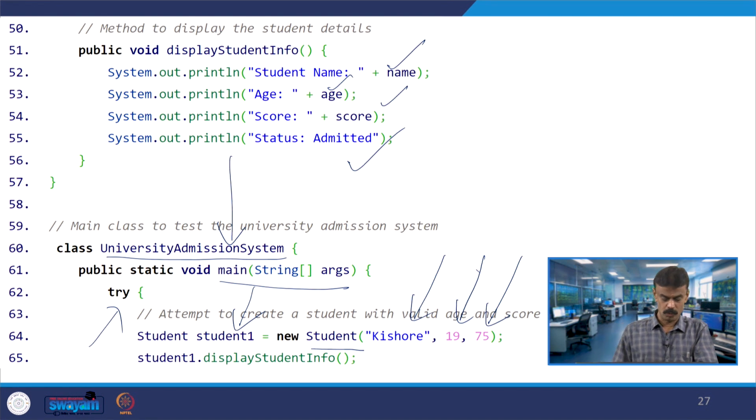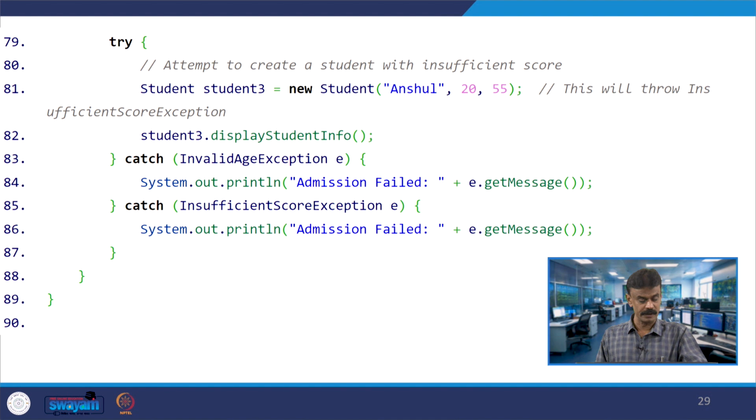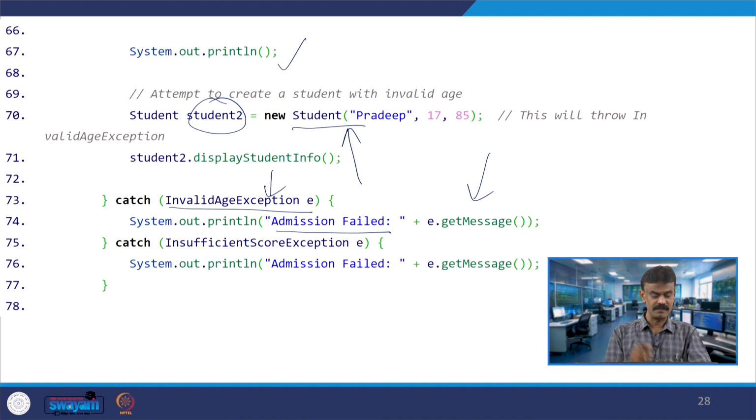Here you go, one more example, one more student we will create, student 3, in the try block, under the constructor Student. I am passing the name Anshul, age 20, score is 55. You are trying to display the student info. In the previous case too, you are trying to display the student info, whereas this will be caught here, and then 'Admission failed' will display.